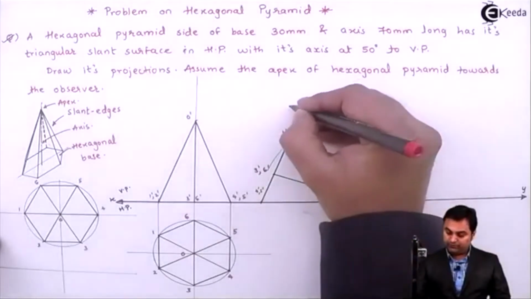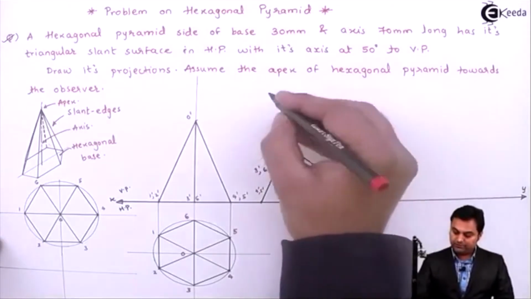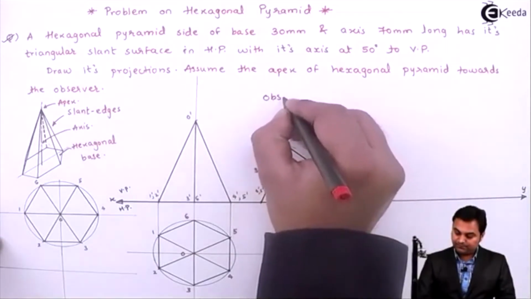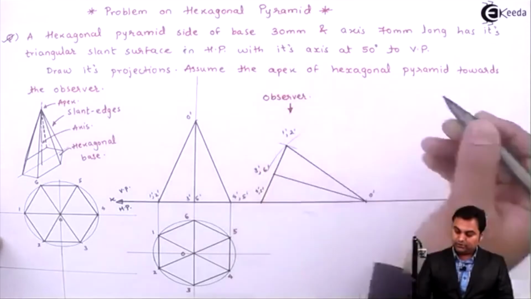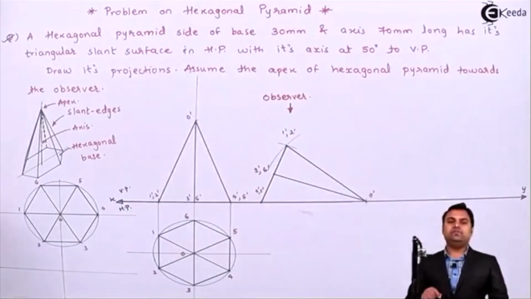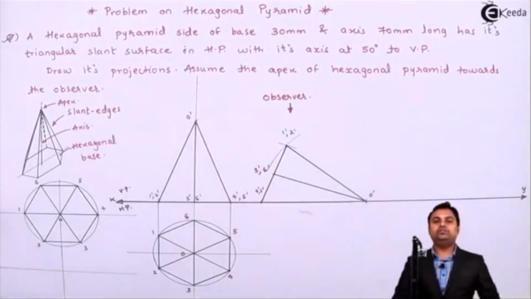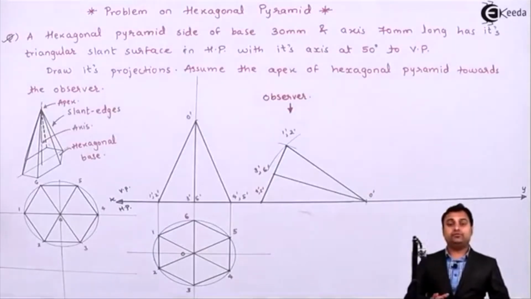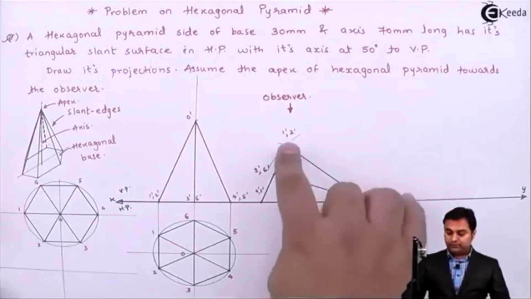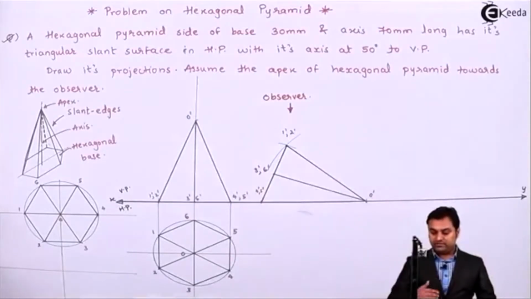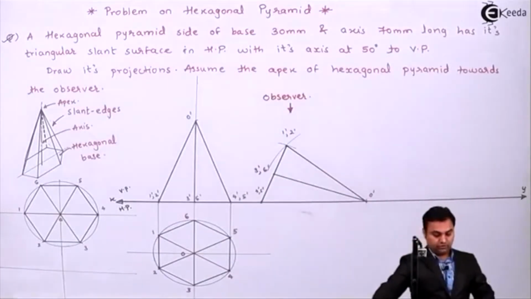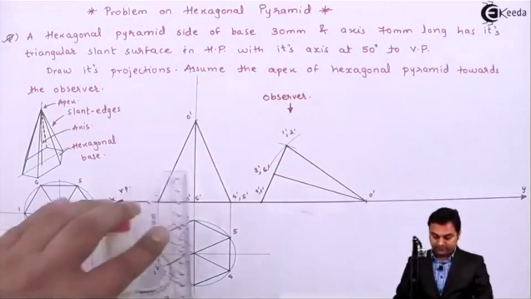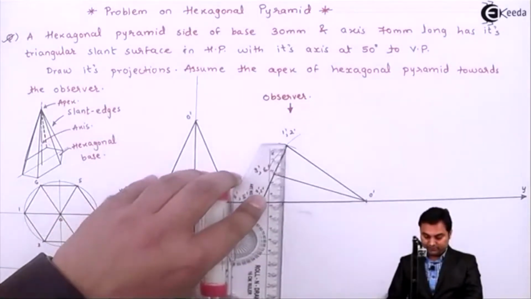Next I'll get the top view for it, and for that purpose the observer is here at the top. Now as an observer, when we are looking from top, those points need to be projected first which are closer to the observer. So if we see here, point 1 dash and 2 dash are closest to the observer, so projecting those points first. So starting with point number 1,